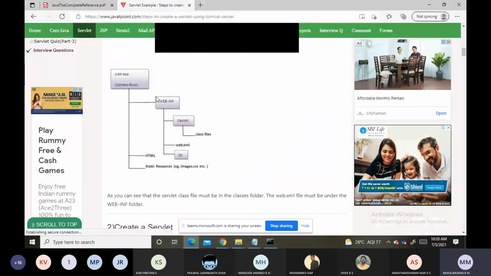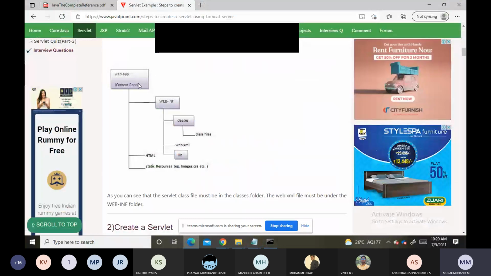We created one folder called serve. Inside that we created one folder, WEB-INF, and one HTML file. Inside WEB-INF we created one folder, classes, and one XML file. Inside classes we created the servlet, and once we compile it we will get the class file. Clear? Any doubt up to here? Kindly respond, please.